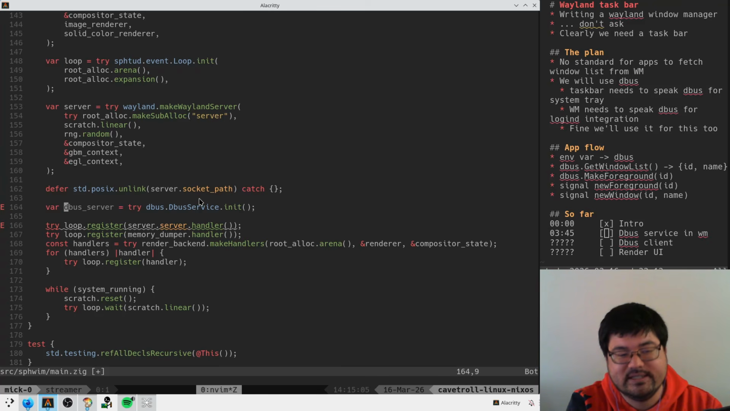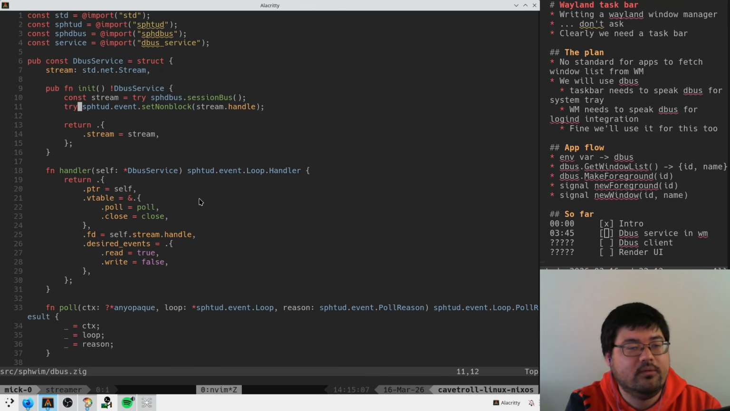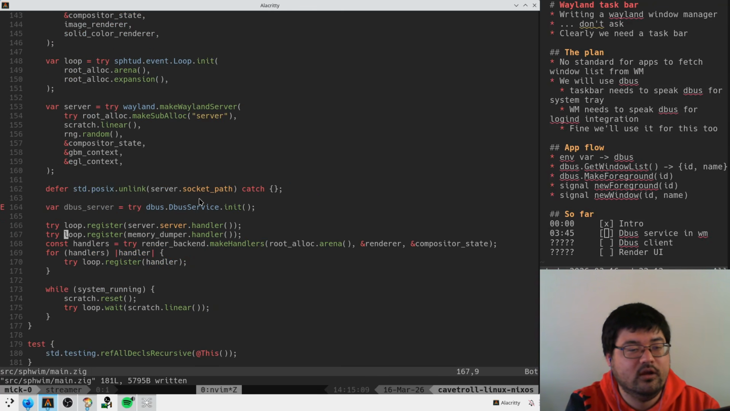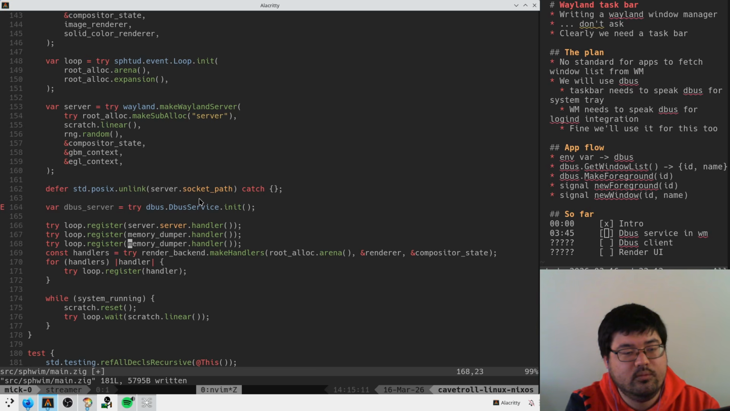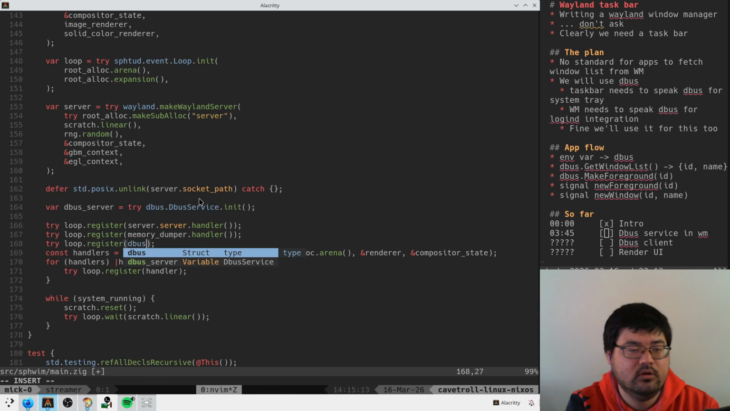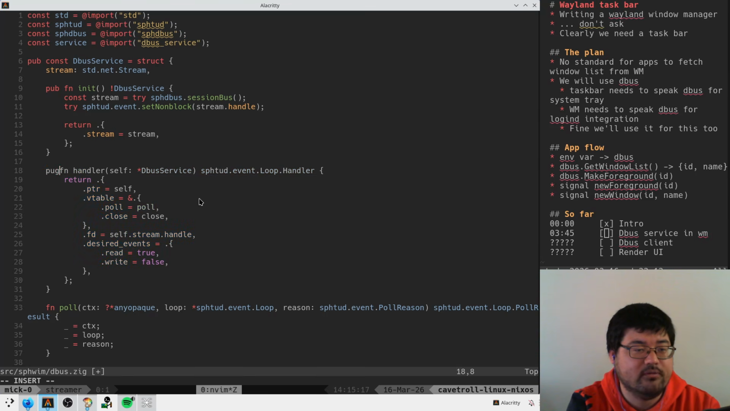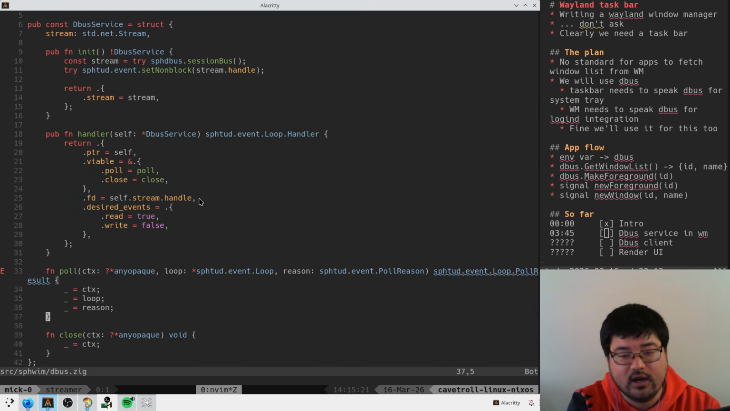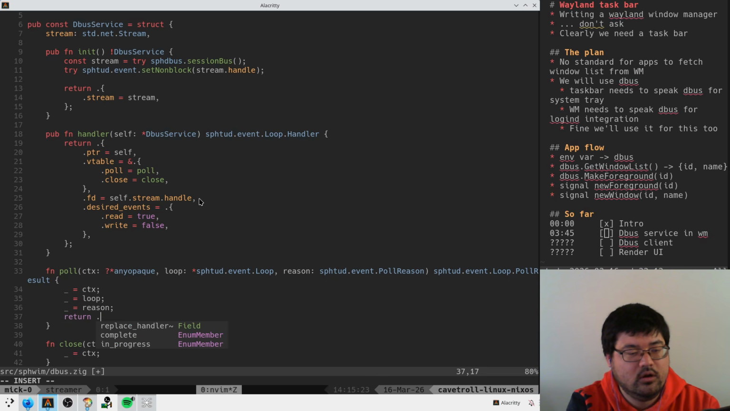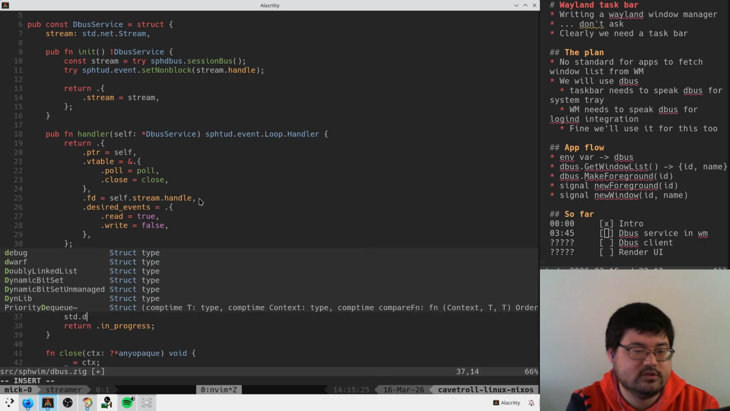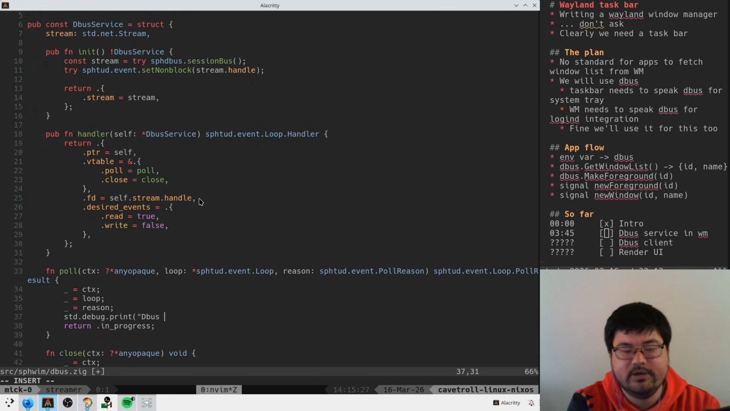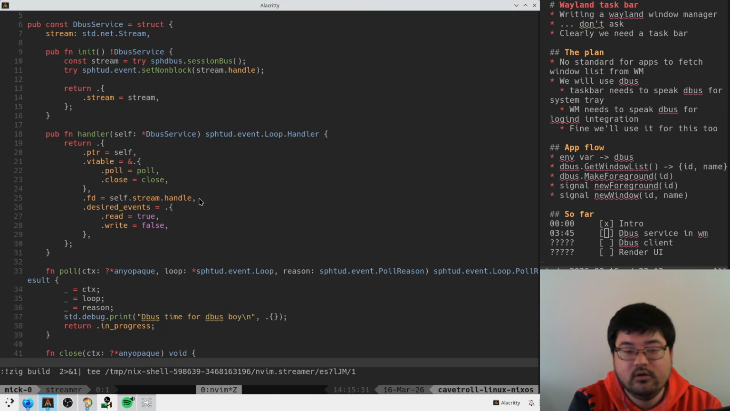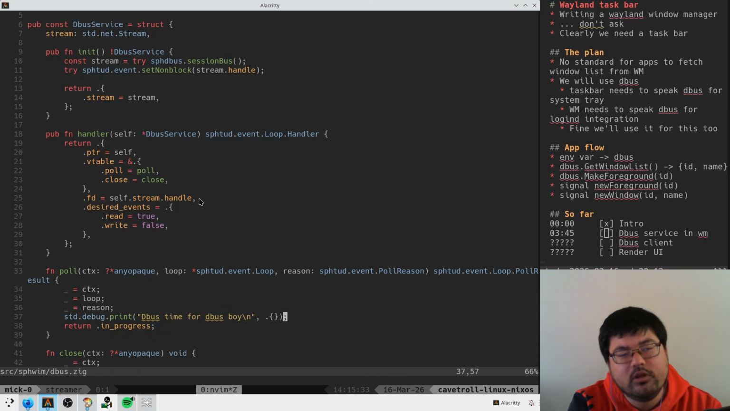All right, so this guy's going to want to register his handler with the event loop, which is not a public function yet. And then I guess, let's say here, std debug print, "D-Bus time for a D-Bus boy." And hopefully what we'll see